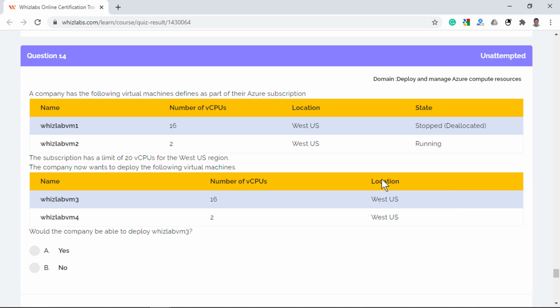A company has the following virtual machines, VM1 and VM2, defined in their Azure subscription. The subscription has a limit of 20 vCPUs for the West US region, and they now want to deploy the additional 2 virtual machines, VM3 and VM4. The question is, would the company be able to